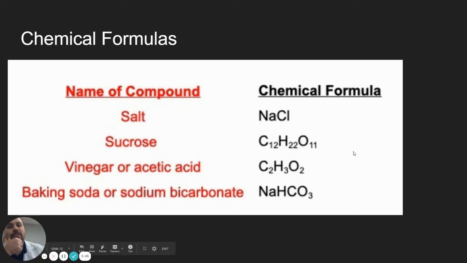Chemical formulas. So these are just formulas that show the atoms that are in different compounds or molecules. So like salt is sodium and chlorine together. Sucrose is carbon, hydrogen, and oxygen. And remember, these little subscripts tell you how many of each element. So there's 12 carbon atoms, there's 22 hydrogen atoms, and 11 oxygen atoms. Okay, but like up here, there's only one sodium atom and one chlorine. So that's why we didn't put the number, is because it's just